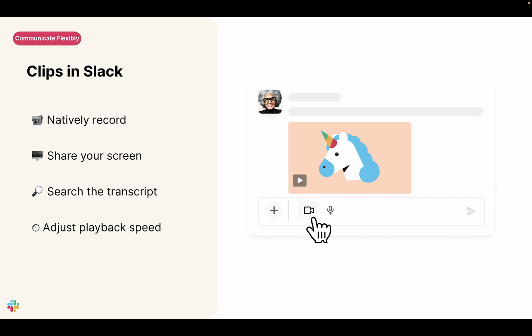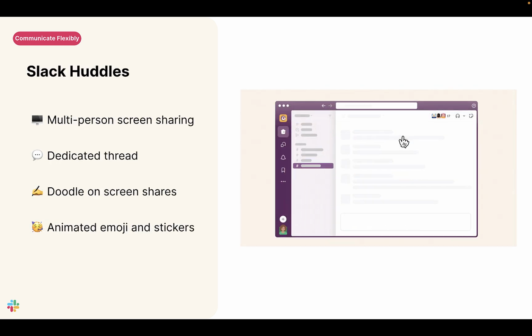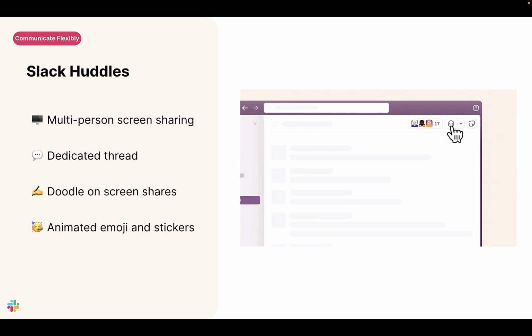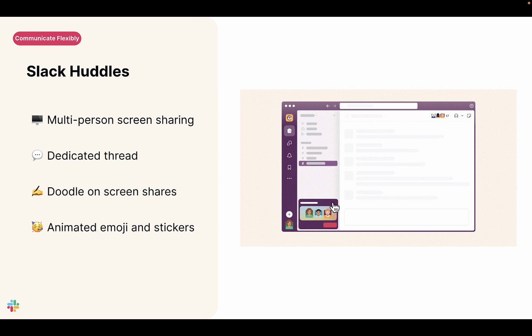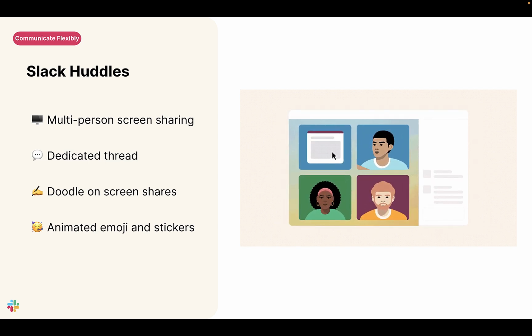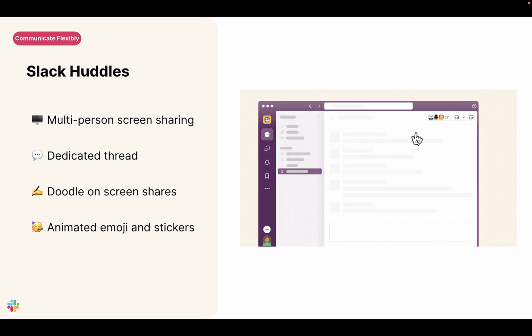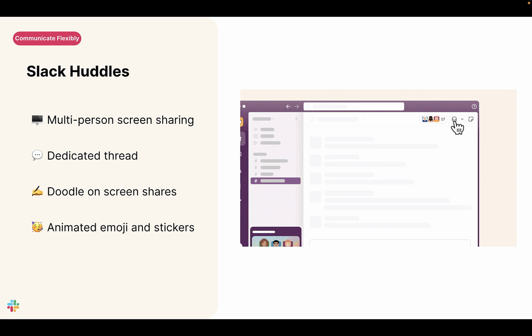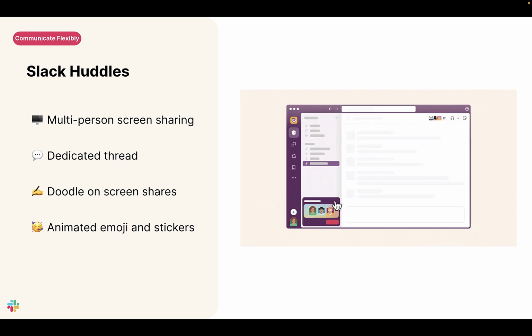Clips are a great way to communicate forecast updates while sharing your screen. One of my favorite ways to work in Slack is by using a Slack huddle. This is like a Slack call that you can make right within a channel. Huddles are super lightweight and great for a quick chat. You can communicate with just audio, or you can turn your video on too.